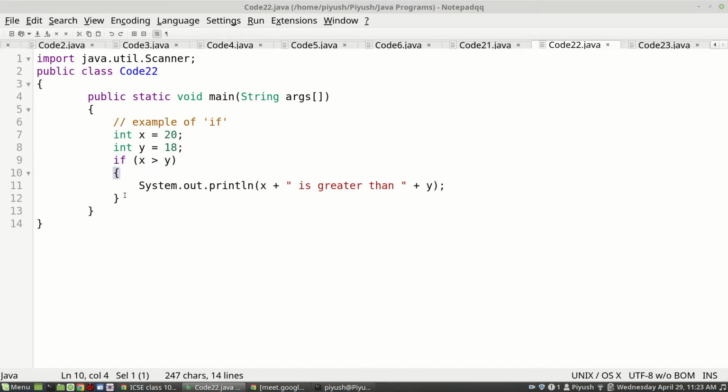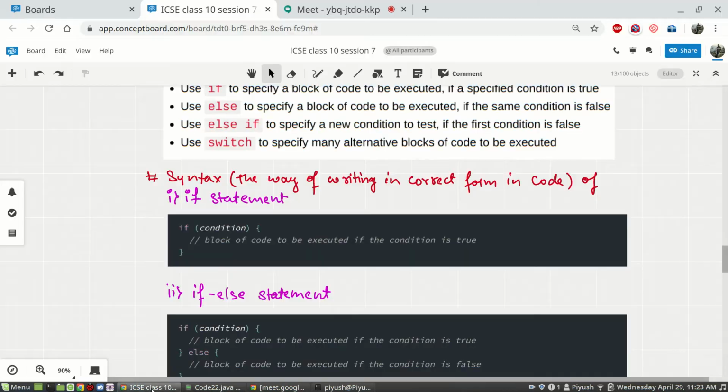the block of if. What is the block of if? The curly braces containing the statements. In this case, the block has got only one statement. Okay, so like we saw, whatever is contained within the curly braces of if forms its block. So those blocks of code will only be executed if the condition mentioned here is true.